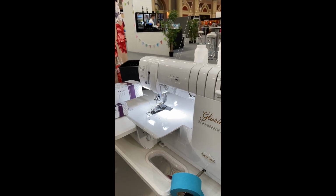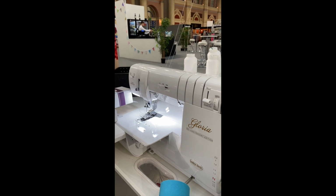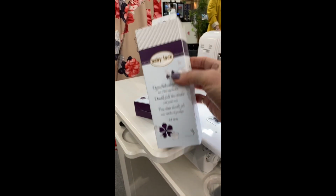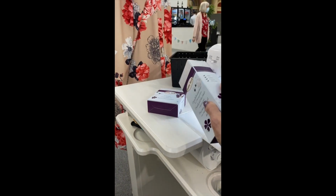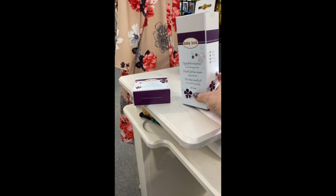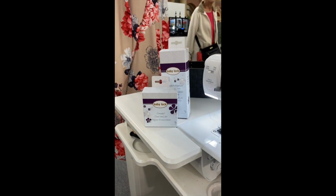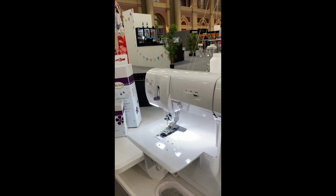Look at my new amazing machine that I've just bought at Alexander Palace Stitch and Craft Show. And if I just show you, look at that. This is for the neck binder, and this is another extra feed for the cover lock. That's working on the cover lock. And this obviously is our Baby Lock